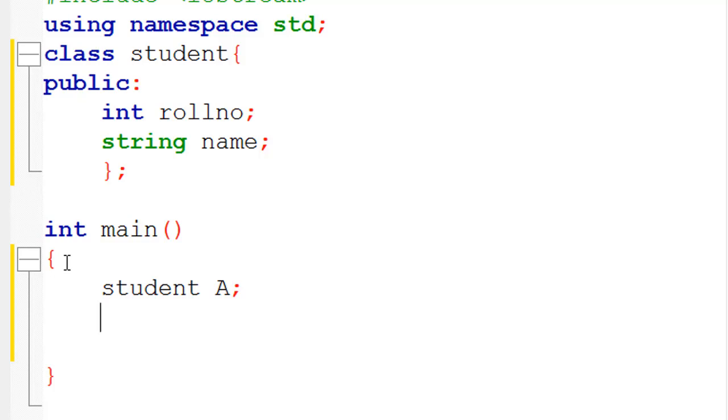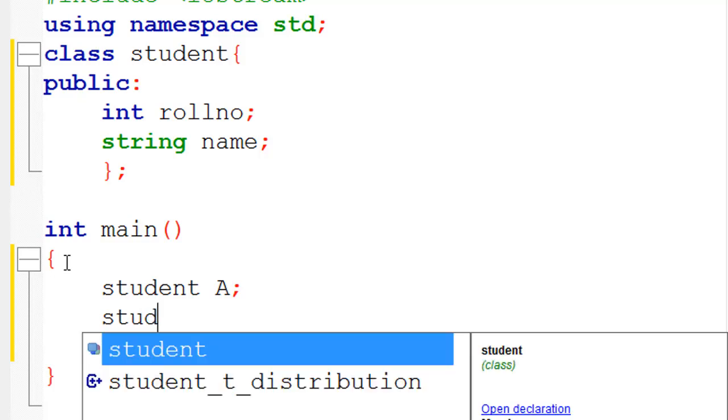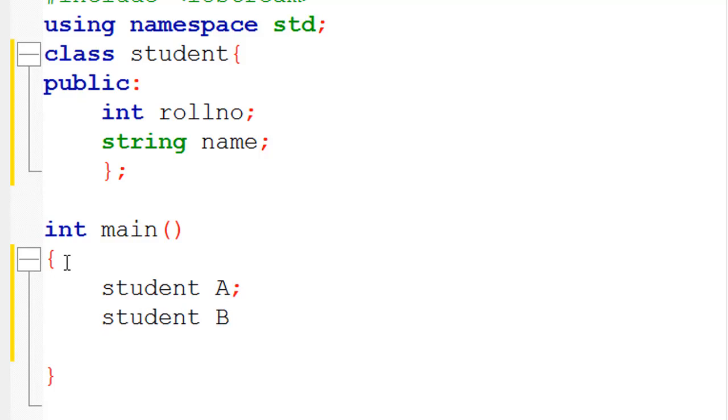We can create as many objects as we want. Suppose we can create another object in the same way, with the student class name and B. This is another student. So the first student, first object is A, and the second student, second object is B. The next step is to initialize these variables.